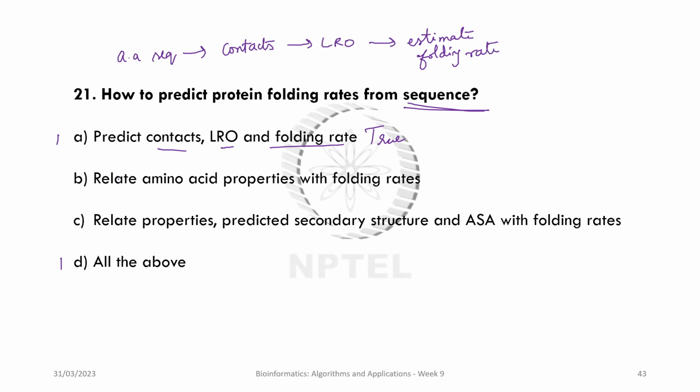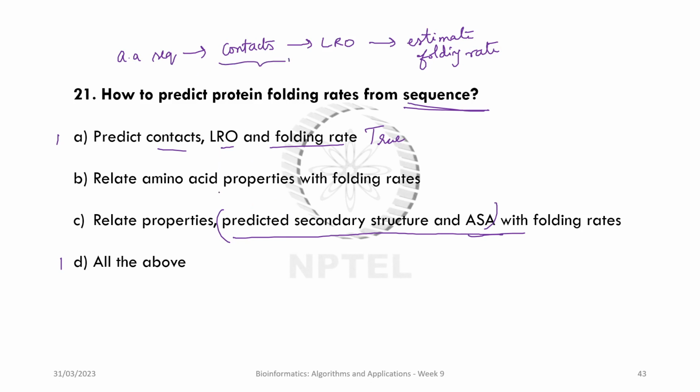Next, relate amino acid propensities with folding rates. C. Relate properties, predicted secondary structure, and ASA with folding rates. ASA is also involved, and predicting secondary structure and ASA falls under this